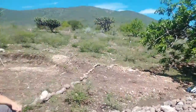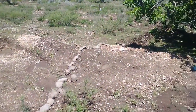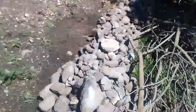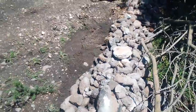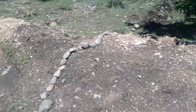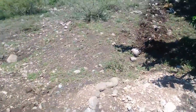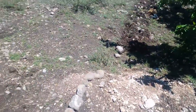And we got these lines sort of marked out with rocks. Oh, careful not to fall over this because it's just in the way. It's in the wrong place. So the whole thing is, I had the property marked out wrong, and on a day when I was not here very much, I guess